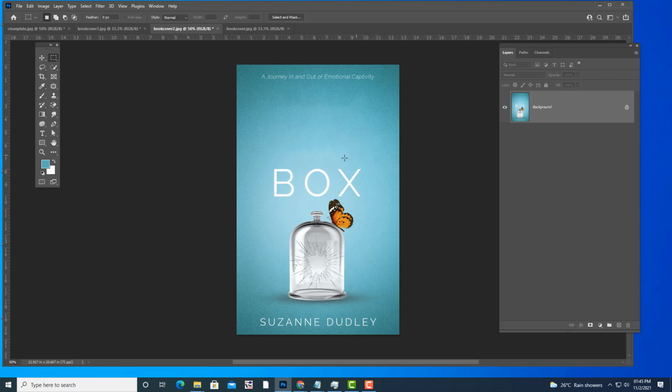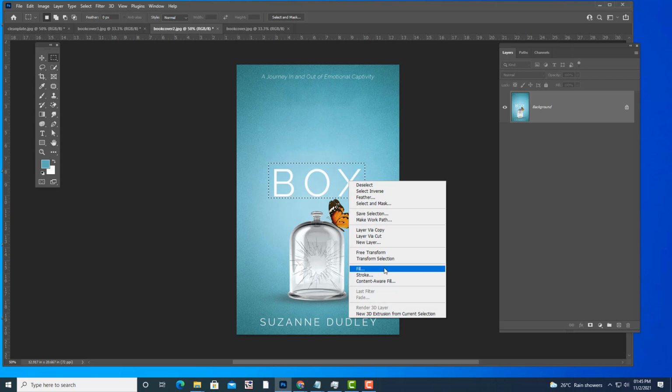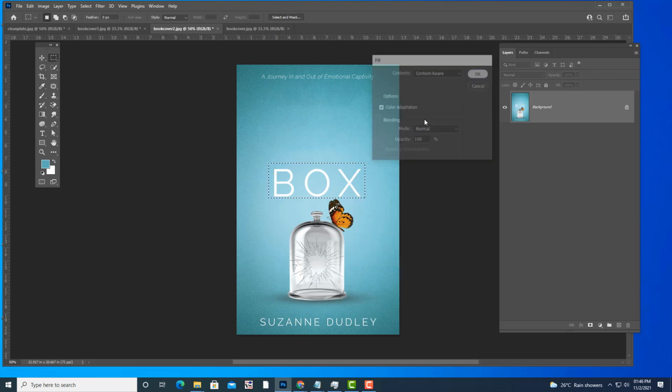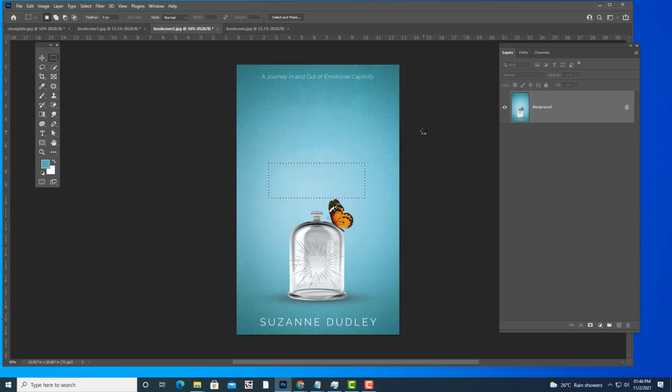Then again we will try to remove this box. So right click, Fill, Content. Perfect. See, it has done a perfect job now. Like this we can remove anything using content aware.